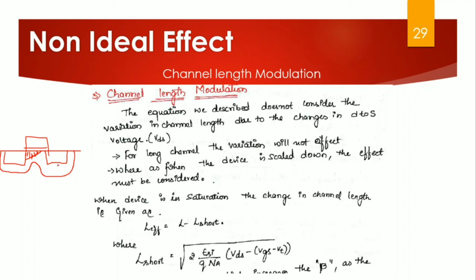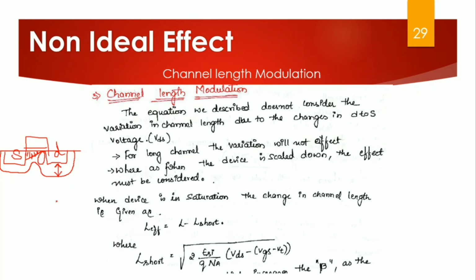Here I want to say that the depletion region will be more near the drain. This is the drain terminal and this is the source terminal. The depletion region will be more near the drain, and near this pinch off region also it will be more rather than near the source. Now we can clearly say that the channel length has been reduced. The resultant will be the effective channel length.